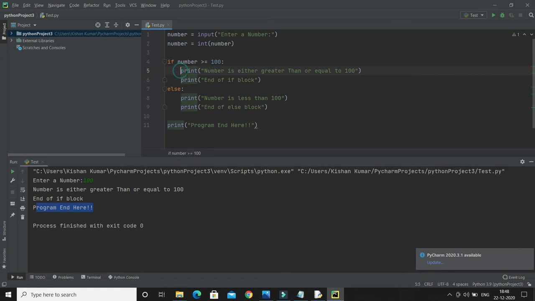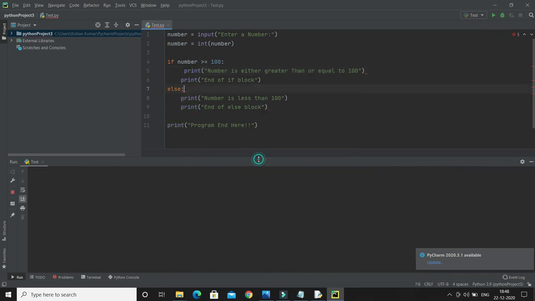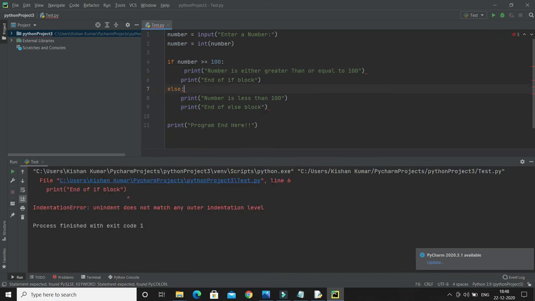But if you want to give, let's say, 5 spaces, then you can see it is showing an error. If you run this program, it is clearly indicating line number 6. When I say line number 6, it means there is some problem just before line number 6, and it is saying indentation error. So there is some problem with the indentation, and Python will throw that error.